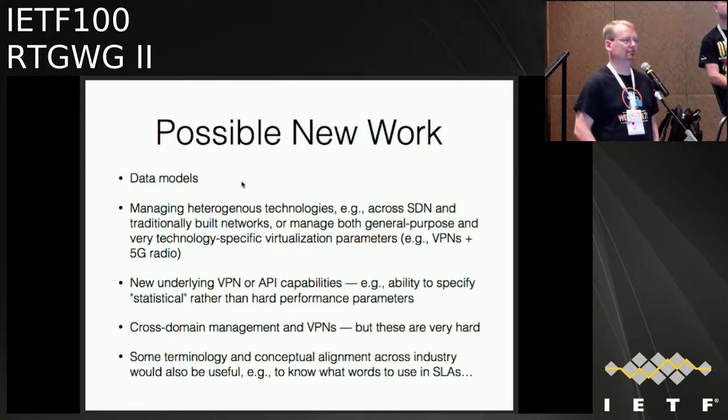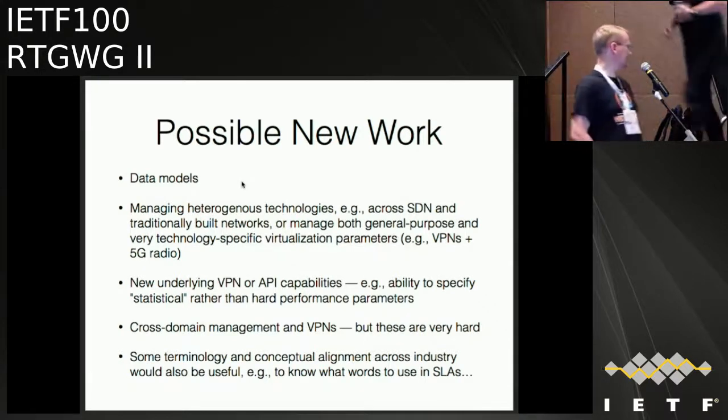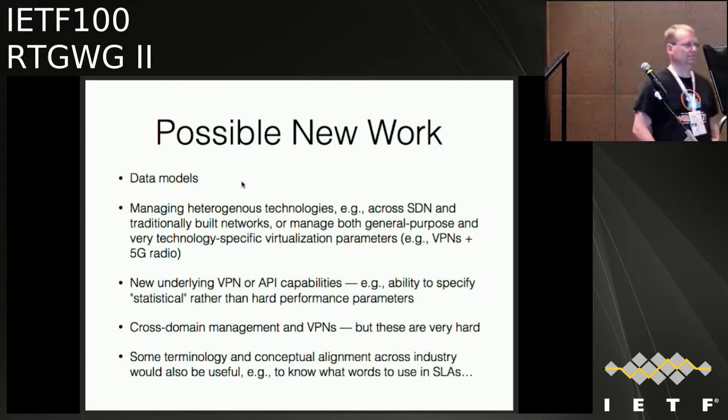And my question is related to the first bullet, data models. As you might know, 3GPP SA5 is working on templates, so slicing templates that are somehow similar to probably what we would like to do with the data models. So how could we ensure that we are not competing with the slicing templates that 3GPP SA5 is doing?